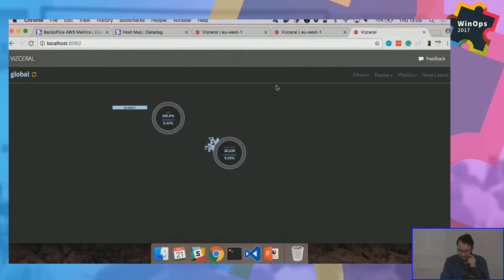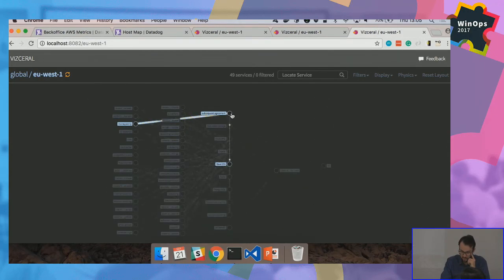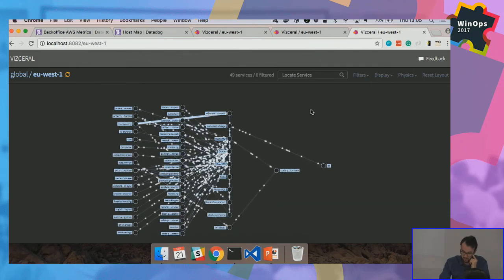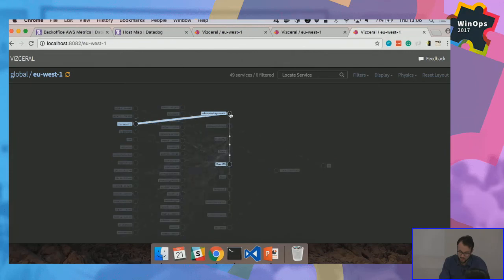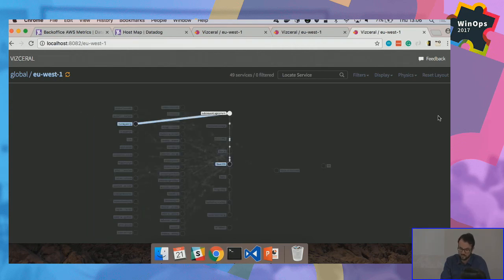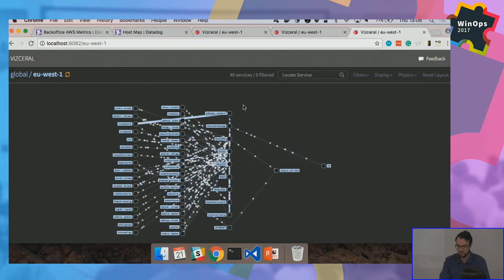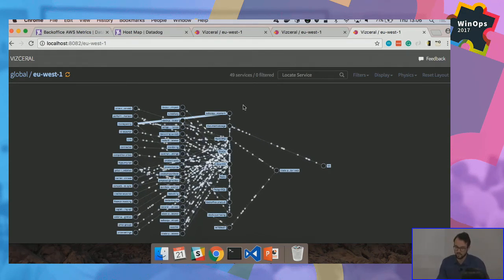So we also have ways to identify funny things that are happening, right? Like this is sort of weird. If you look at this, you can instantly see there's something weird going on with this application. This is receiving way too much traffic. And if you broke it down, you could see you're getting a little bit of errors happening in there. It's a very small amount, but there's a lot of traffic going there. So we can simply identify anomalies in the environment by having a quick look at this, but